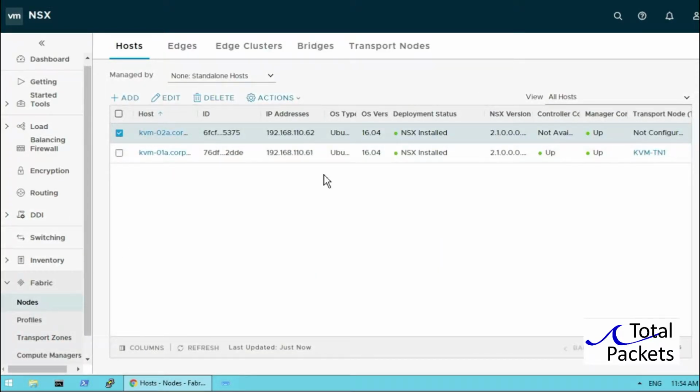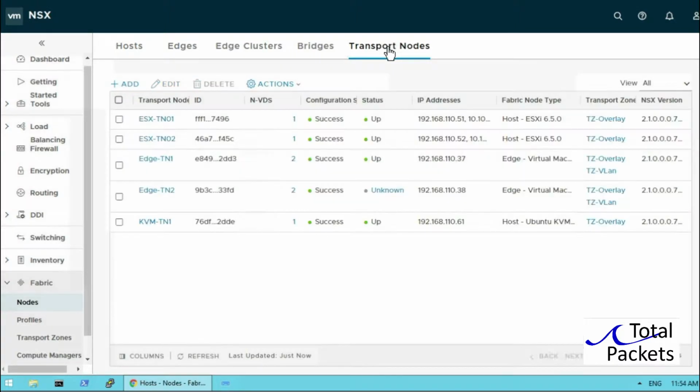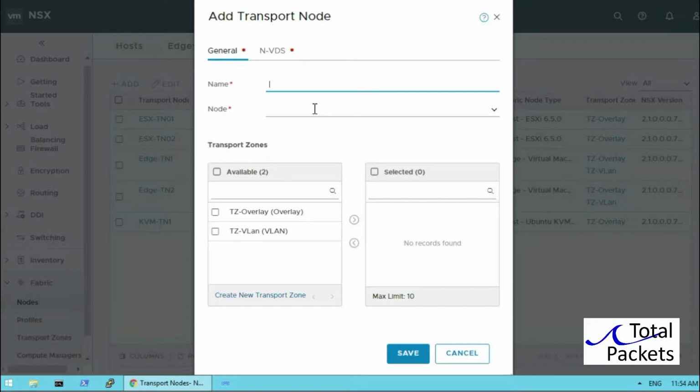we can create our transport node, and we'll want to add that. So this is KVM-TN2 for the name, and then we'll be able to choose the host from the drop-down menu. We see the two transport zones that we saw when we looked under transport zones. We are going to select that one we looked at, which is the TZ overlay,